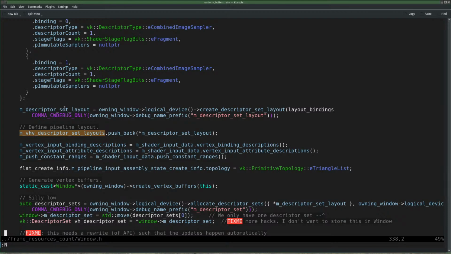And that's just the reference of the, I think, descriptor set layout, or unique.